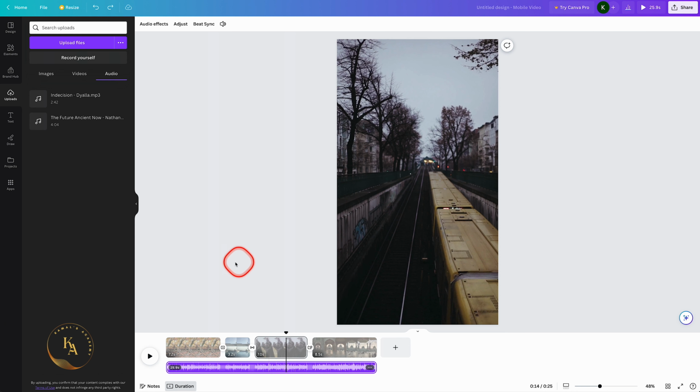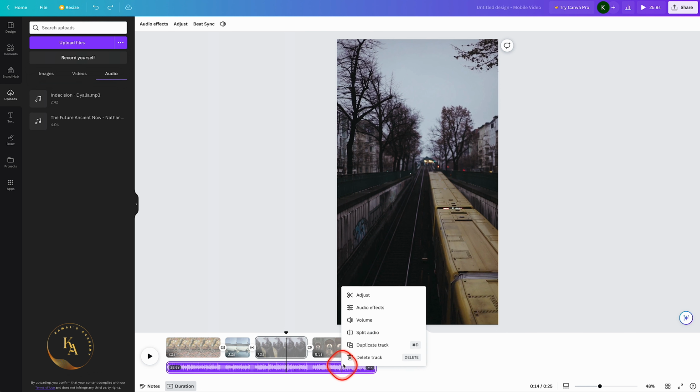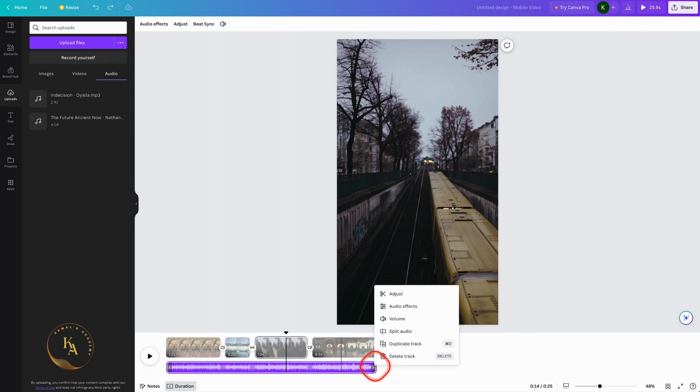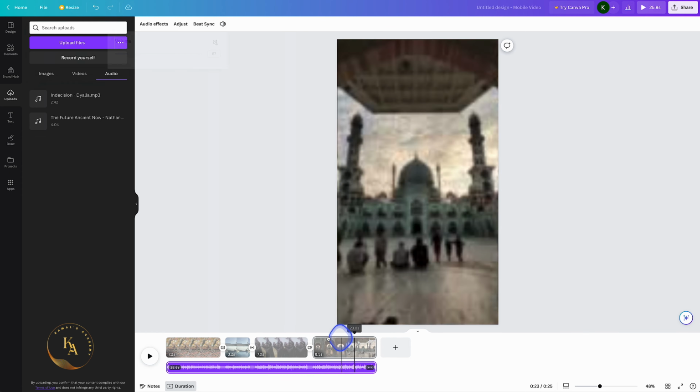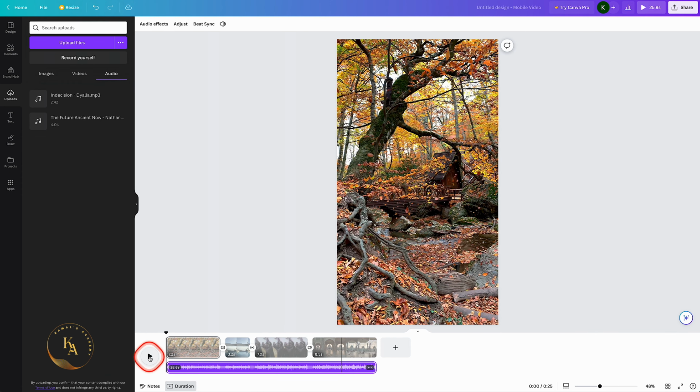Now if you want to decrease the volume, you can right click on the audio, go to volume. You can also click on these three buttons and click on volume and drag this slider down to whatever, like 65%, 67, whatever, and it will decrease the volume. And now if we play it,